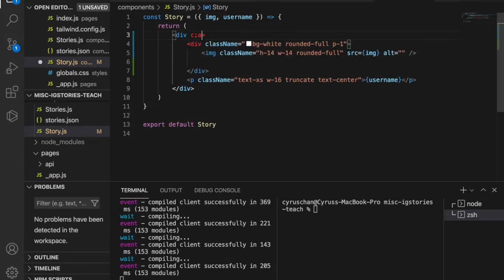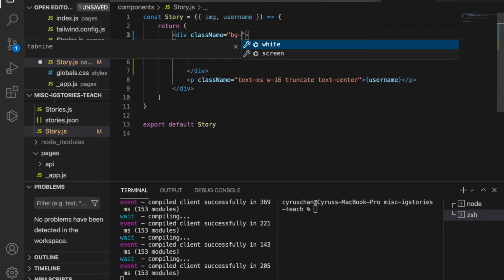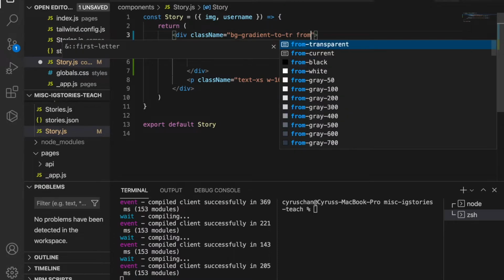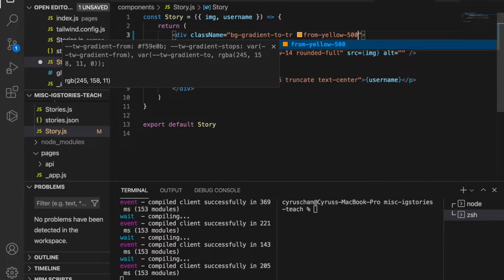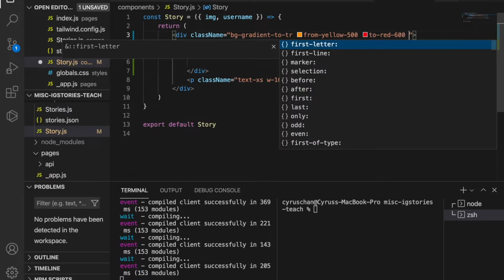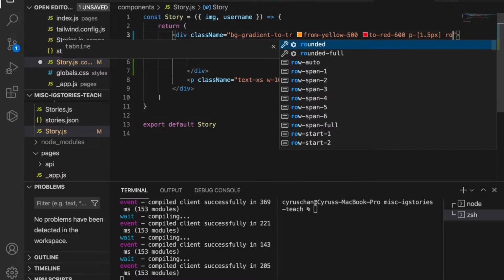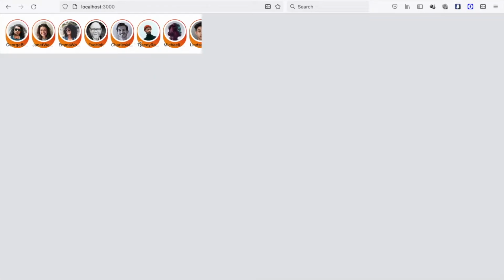So we have the class name equal to bg-gradient-to-tr, and then from-yellow-500, and then to-red-600, and then we have a padding of 1.5 pixel, and then we add rounded-full, and then we save it. Now we can see this ring already exists,